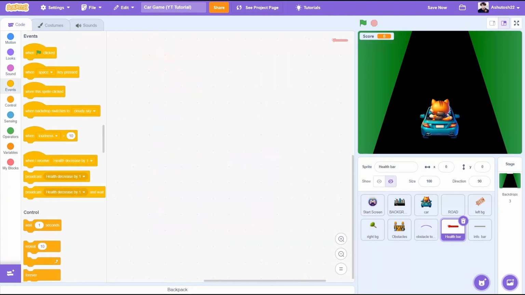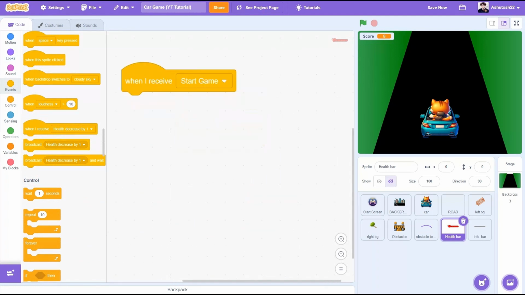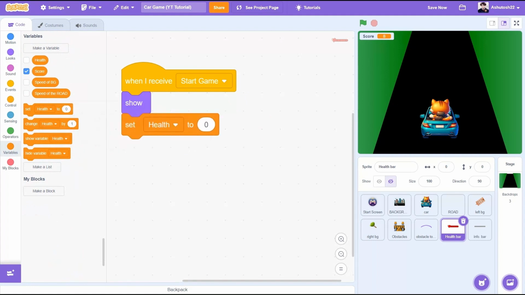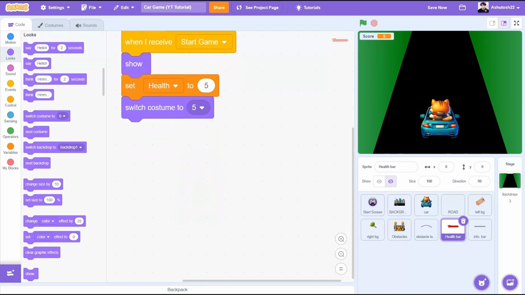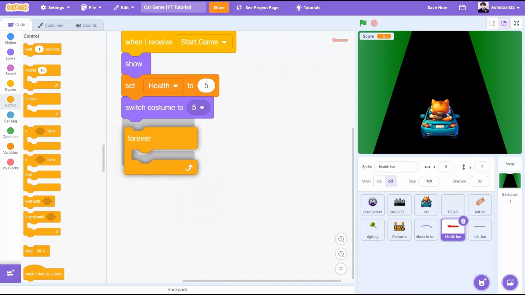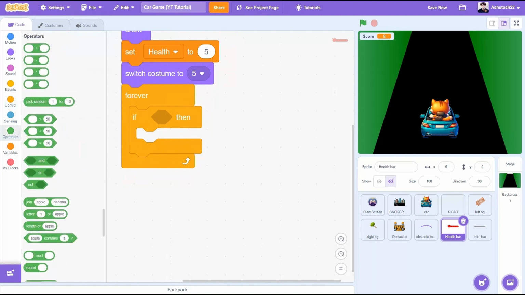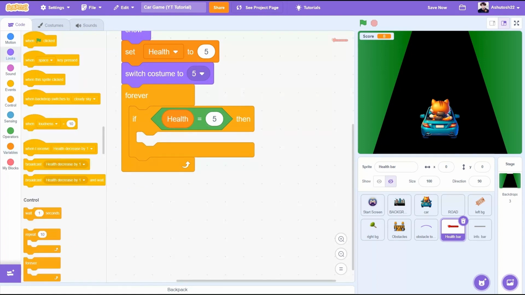Now we'll code the health bar. When I receive start game, show, set health to 5 in the beginning, switch costume to 5, forever loop, if, from operators the equals sign, if health equals 5, then